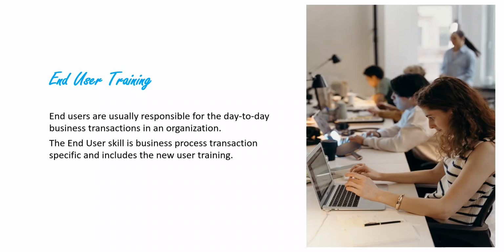Okay. So for the end user training, you can have a business process like the procure to pay business process. You can have a process like the order to cash business process. You can have processes like the preventive maintenance process. You can have processes like the production planning process. You can have the accounts payable process, accounts receivable process. All right. So these are process specific. Now, this is relevant for those who are going to work